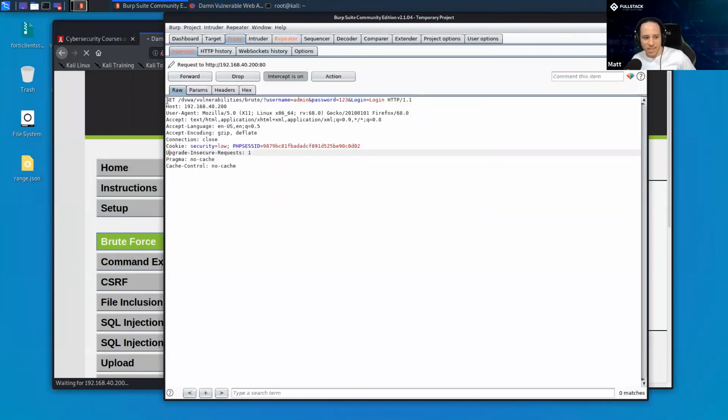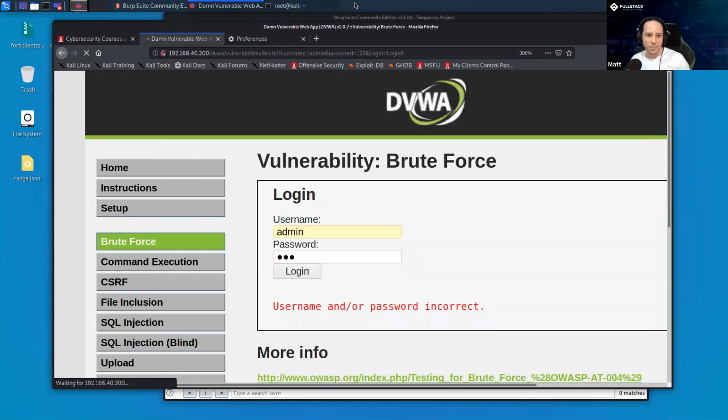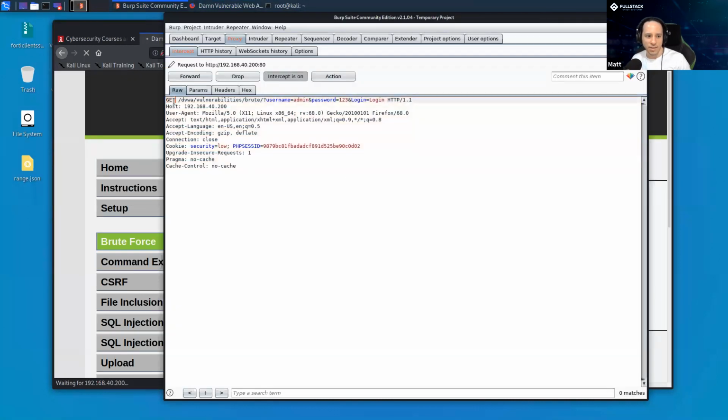Anyway, here's the request, the GET request I used to log in. What I want to bring your attention to is that it's a GET request. It has the host right there, that's the IP address of the machine I'm going to. It has the resource I'm going to, /dvwa/vulnerabilities/brute.